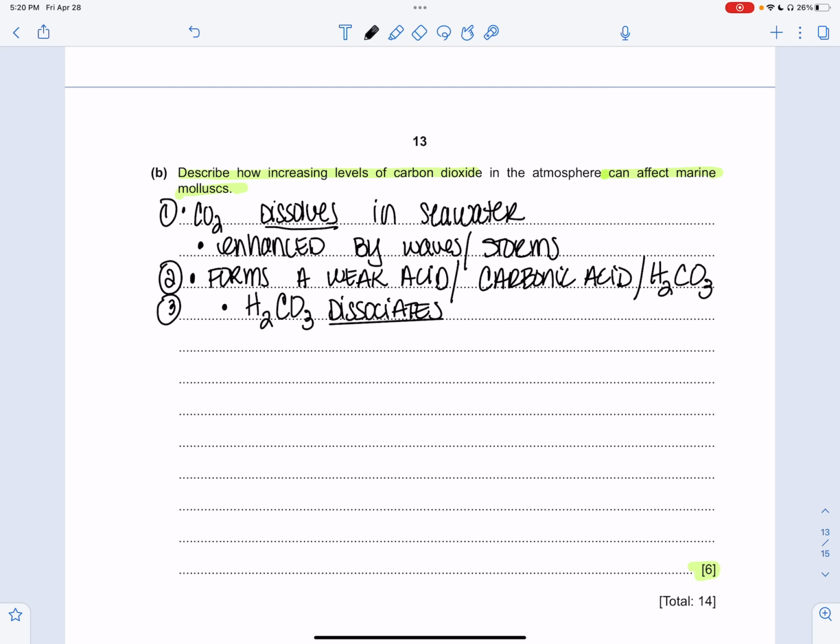Okay, and then what happens when it dissociates? The fourth thing, this will form hydrogen carbonate ions, and I think it's a 2 minus, although you won't be marked down for not having the correct charge on it, promise. Ions being underlined, ions have a charge,